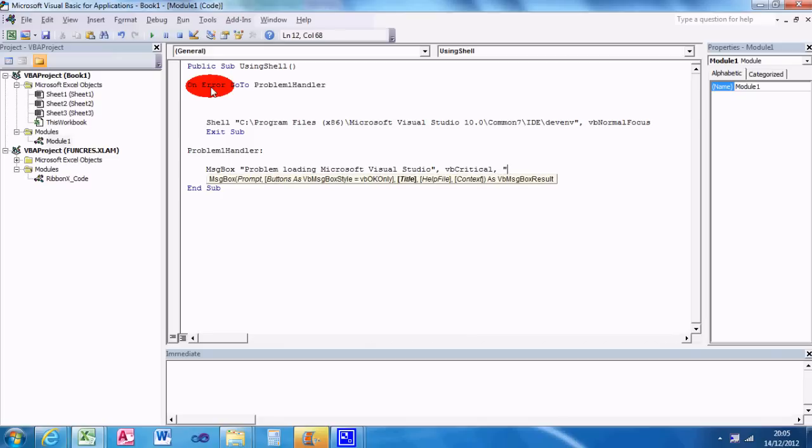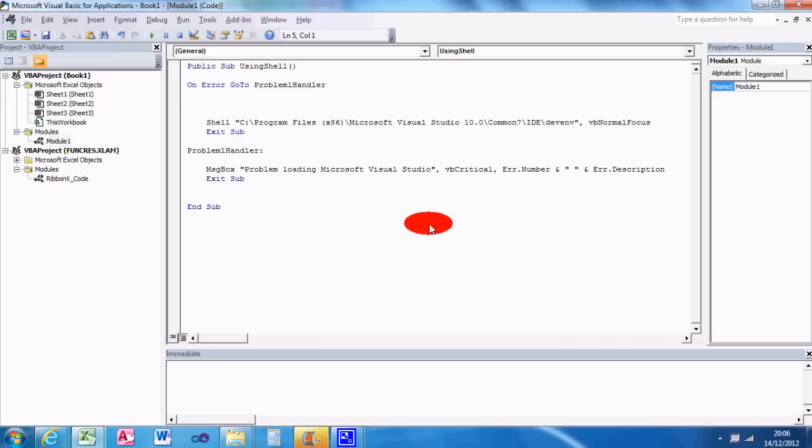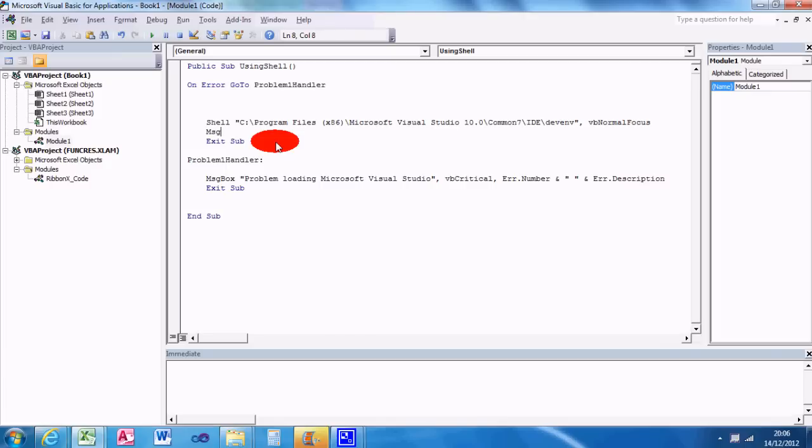Okay, so for the title, I want to give it the error number actually. So Err.Number, and I'm going to put a concatenation string there so it gives you a space, as you can see, and Err.Description, if there is one. There's not going to be on my machine. And that exits sub again. And after that, you probably could put a message box so it tells your Excel application that it's loaded